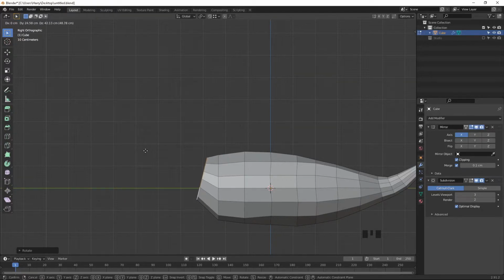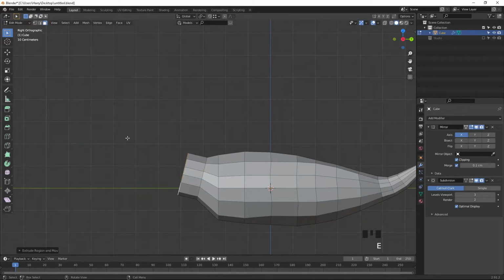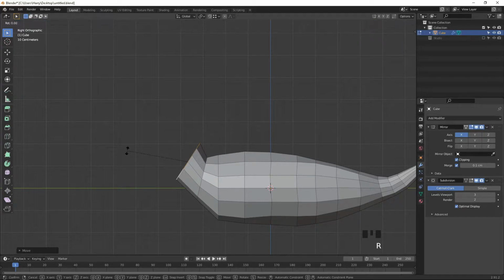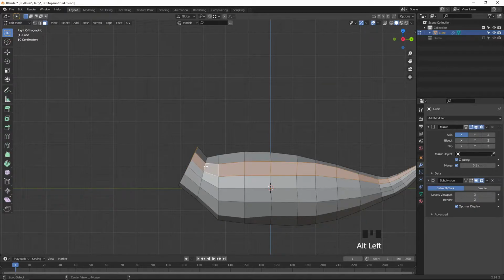You can move like this. Okay, E to extrude, rotate it, G to move, and rotate the angle as per the requirement what we feel actually.